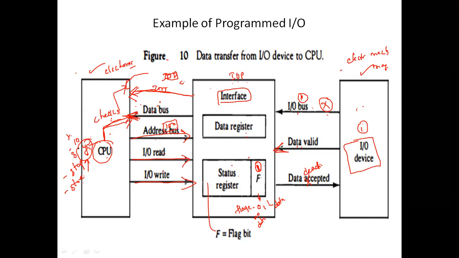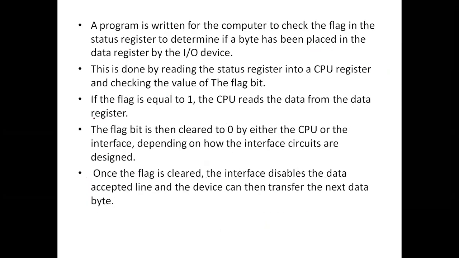So for that purpose, if any interrupt occurs, the CPU will halt the process, store the details of that particular executing process, and then go to the interrupt. After doing that interrupt, it will resume back to the currently executing program. So here the CPU is not waiting for the IO devices. The CPU is doing its work. Whenever the data is available, the interface itself tells the CPU that the data is available. So this is interrupt driven IO.